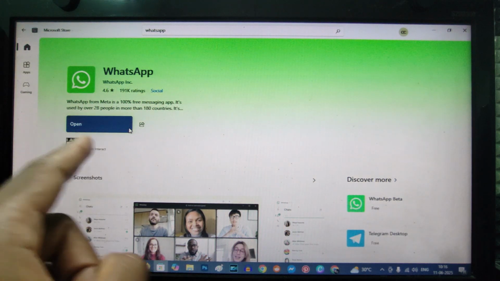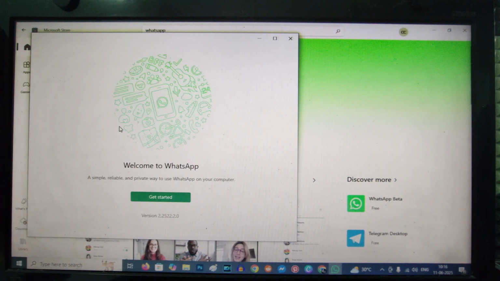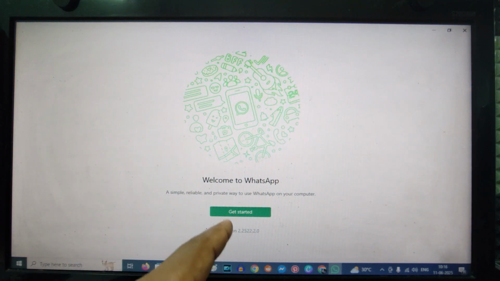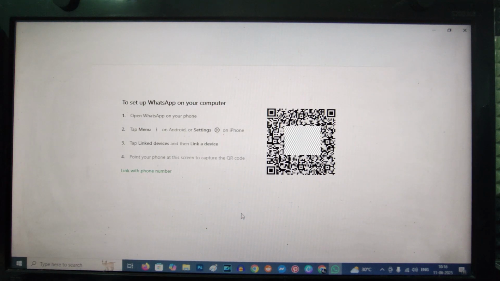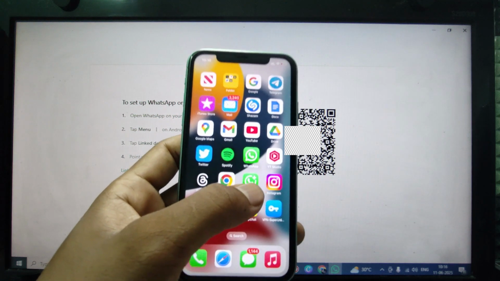So now you can see it's completely installed. Just click open. Maximize this. Yeah, click get started. Now just take your phone and open the WhatsApp